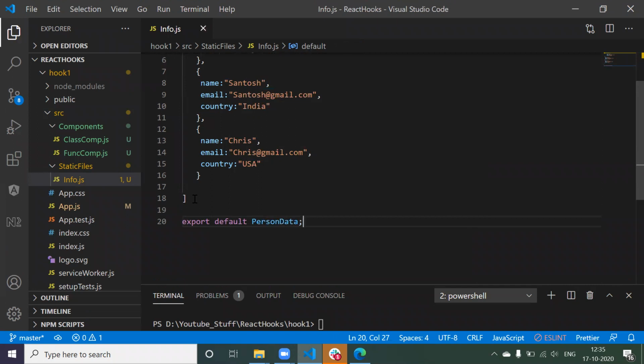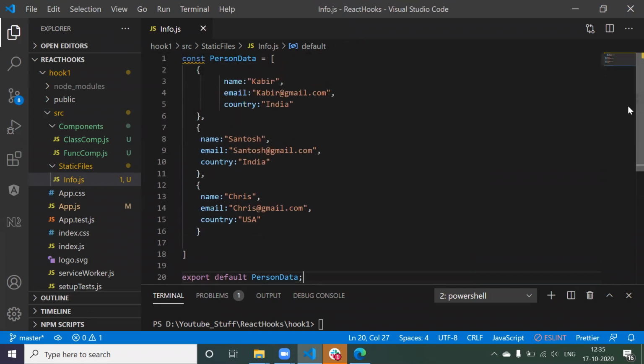Okay, fine. Now my requirement is I want to display this data in the format of a card. Okay, that's the one thing you guys have to understand.